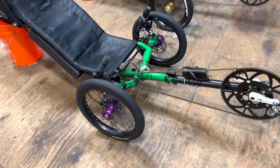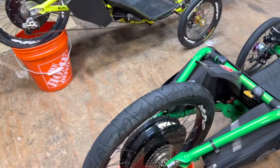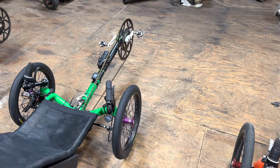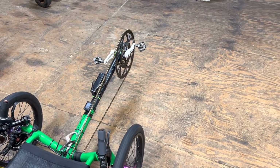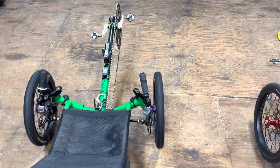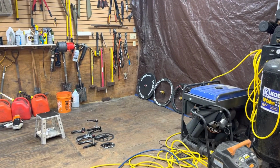On the front here, we have a 16-inch 349, and on the back we have a 406 with a 2-inch Maxxis Hookworm tire, and then we have some racing Australian HPV racing tires, and they're 40 mil. And again, the wider tire, because it's not 700C, provides some comfort and traction and less rolling resistance as well. These trikes that I have, it's called a Cat Trike 700. It was designed and is supposed to have the 700C wheel